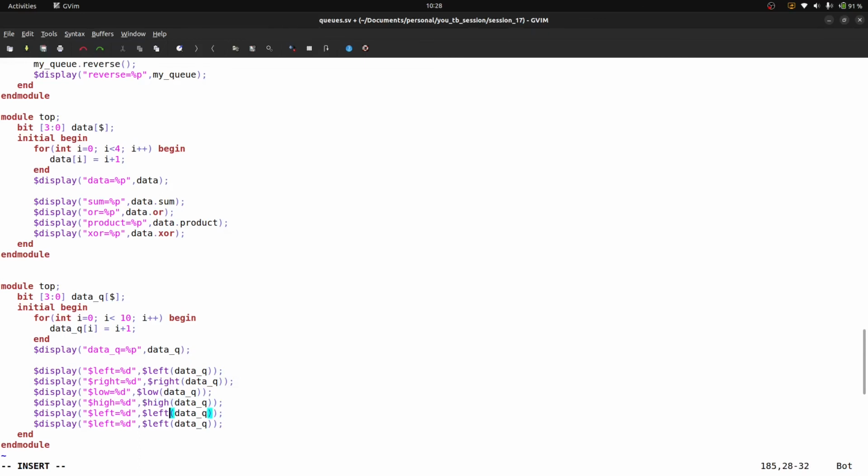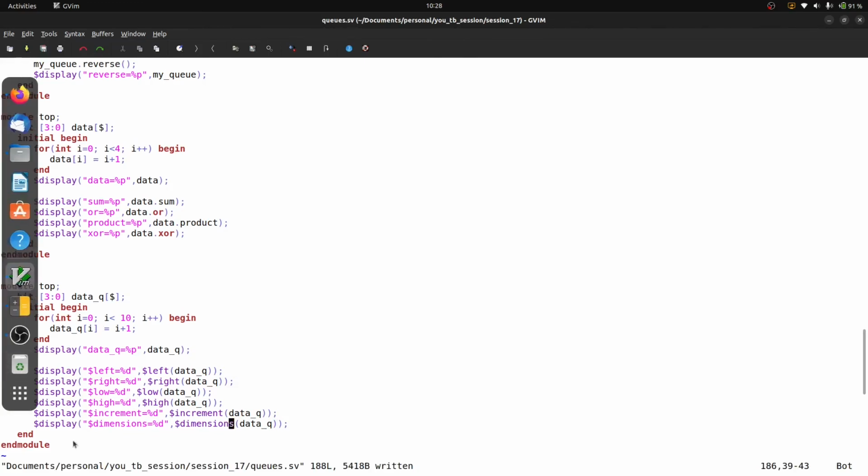After high is increment. After increment is dimensions, it is actually dimensions, not dimension. Okay, we have done with that coding part.